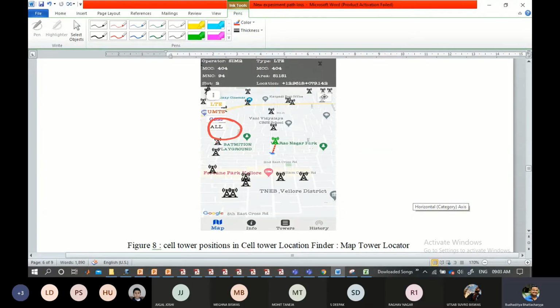If you click on this all, you will find all the nearby base stations, which are there as a tower like this. Although it is an approximate solution, physically it is very difficult to get a measure of the distance, so we don't need to have that for the time being. All this is for visualization purposes, so that you can see the available base stations around you in your app. Am I understandable till this point?